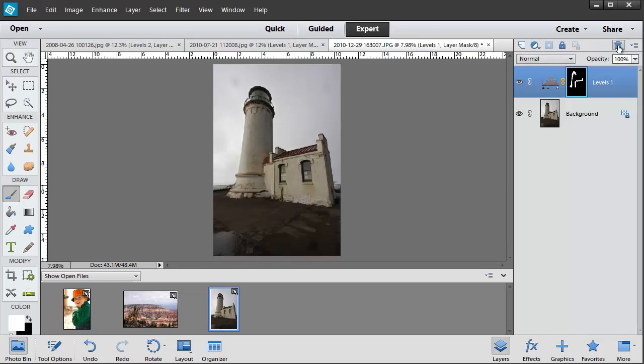Okay. Same rule applies though. I like to dial down any selective adjustments to 30 so that they're just a subtle bit of light. Oh yeah, definitely like that. Okay,